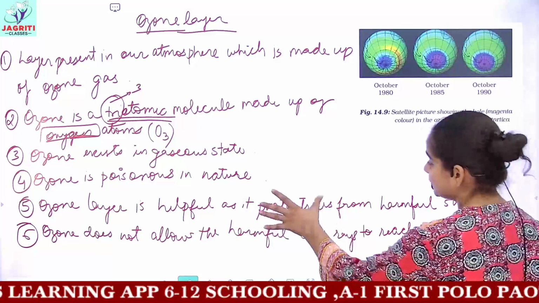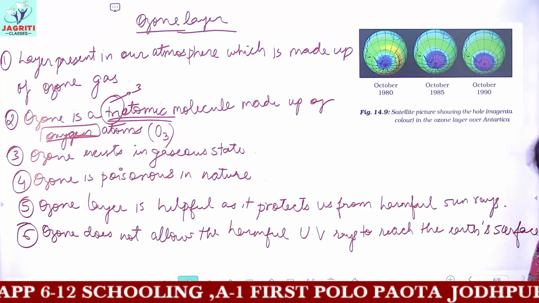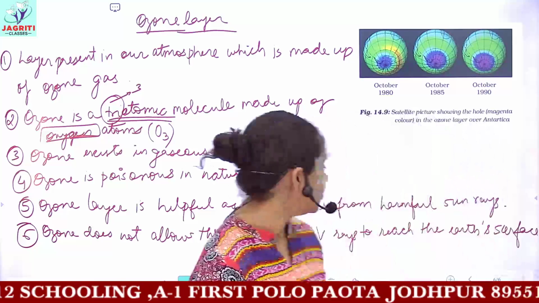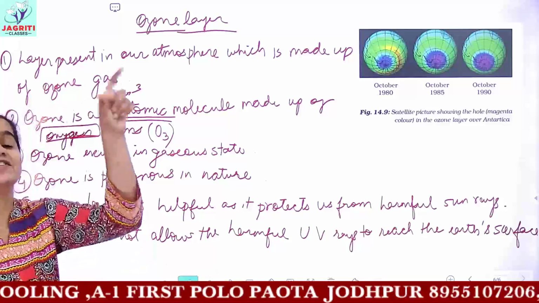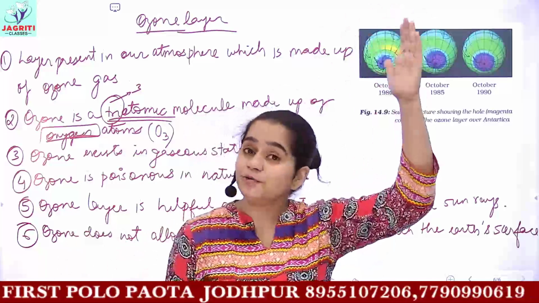UV means the ultraviolet rays, okay? And in turn it protects us from the harmful effects of UV rays. So ozone is like a shield. It shields the Earth and does not allow the UV rays coming from the sun to